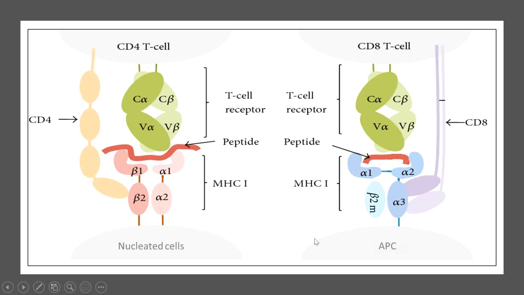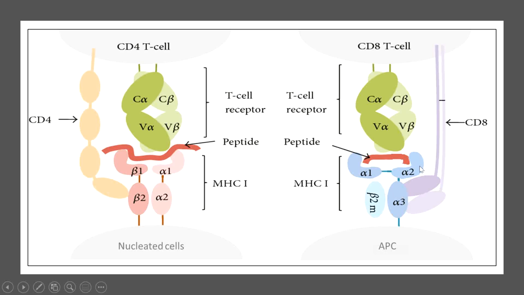Yes, ma'am. Because alpha 1, alpha 2, alpha 3 and beta 2, these 4 domains are in MHC class 1, and MHC class 1 molecules can never be expressed on APCs. It is always expressed in nucleated cells. So it should be written as nucleated cells here, right? And one thing you can see from this figure, I have mentioned that the alpha 1, alpha 2 domain makes the cleft or the groove of peptide binding in MHC class 2. In this cleft, the peptide is bound in a buried manner. The free ends are buried inside this groove. You can see from this figure.